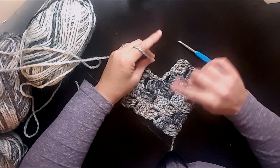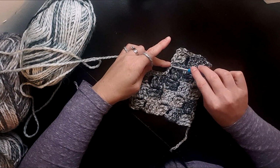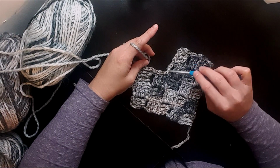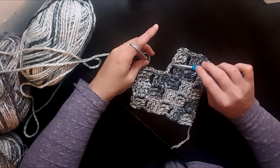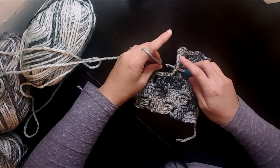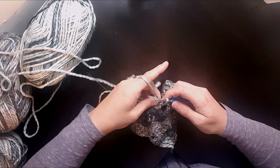So we're going to take this next yarn. I'm using a different color to get the contrast, like I said. And we're going to attach it right up under the beginning of this box. This little chain 3 here that has all the slip stitches in it. It's kind of thick. So you're going to stick your hook right up under there, pull up a loop,